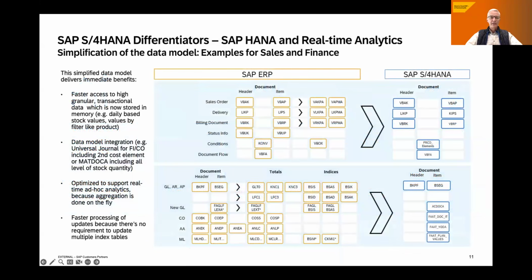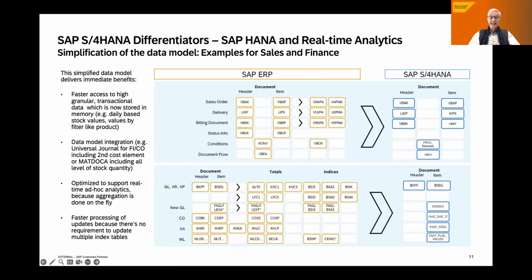So let's start on the left-hand side with SAP HANA, with our new platform. And one of the things that we are changing, and that is really a generational change, is the database or the platform. We are moving from the classical relational database in any database, meaning multiple database scenario, to a HANA-only scenario.